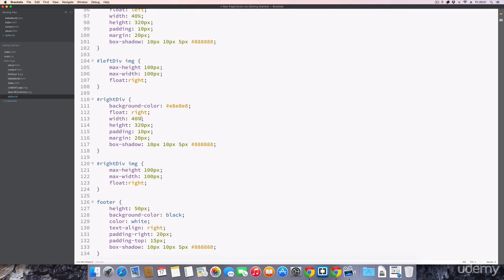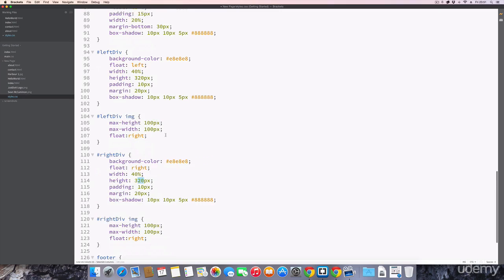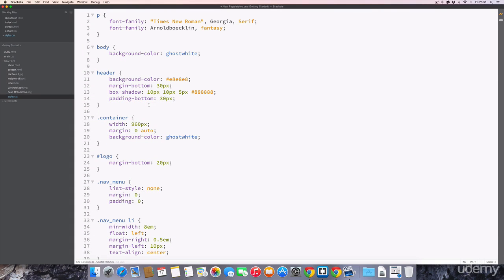And then in the div itself, I've just got the standard stuff, which is the background color, float. I've already talked about float left, float right, and I've changed the height a little bit to make them a little bit bigger just to fit the content in. So no other changes are in there. The one other change I've done